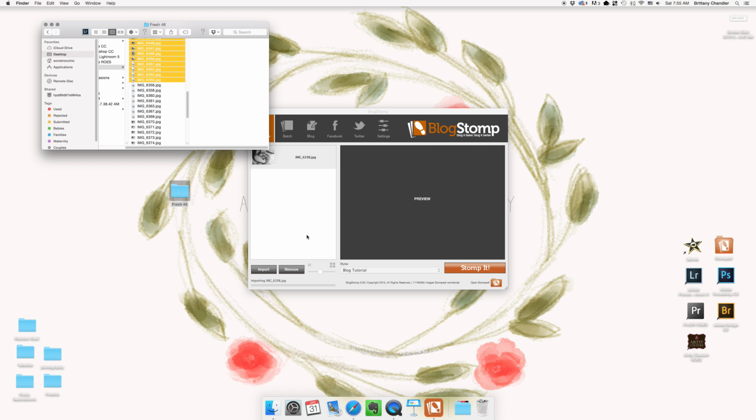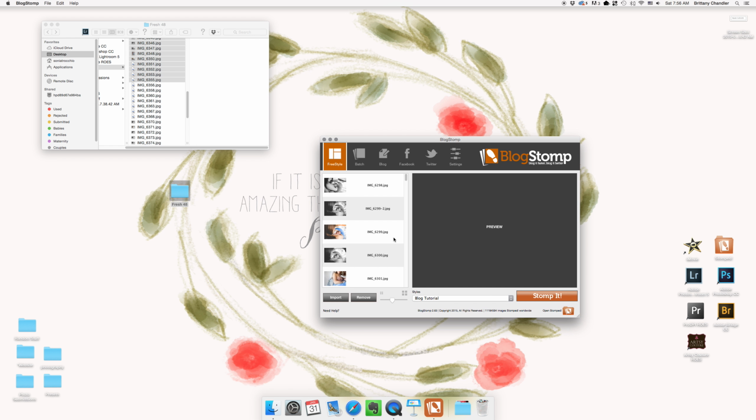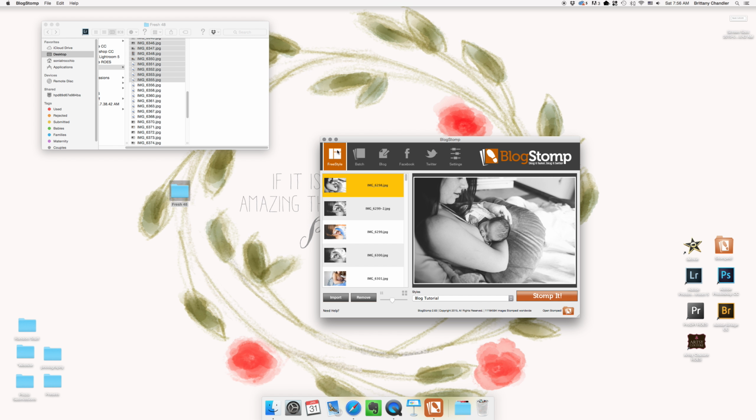Pull 46 this time. I like to pull them back in and make vertical collages for Pinterest. So what I'll do is I will not have the vertical collage directly on my blog, but I will put a pin into Pinterest. I'll upload it directly into Pinterest, this vertical pin, and then I will link it back to this blog post. So people are more likely to pin collages than they are single images, and that's why I do that. So now I have these 46 images back in Blogstomp, and I'm going to stay under freestyle